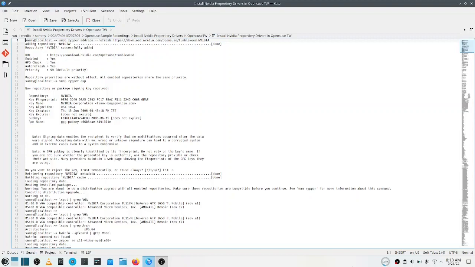So first you have to open the terminal. We will be doing the terminal method. There is another method using the YaST software manager, but today we will do only the terminal method. So you have to open the terminal or the console in your system. Then you have to type this command